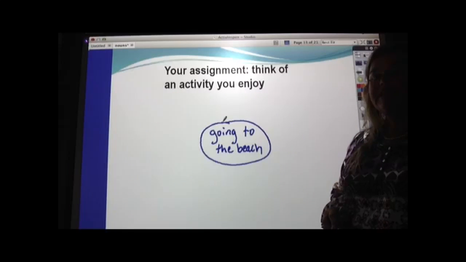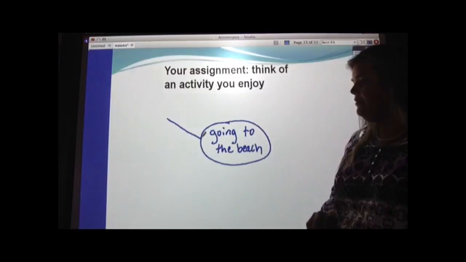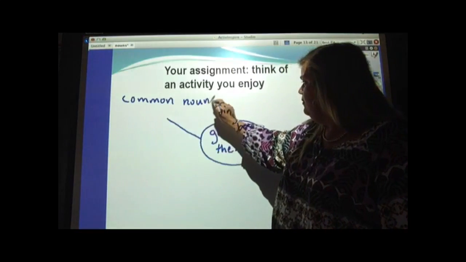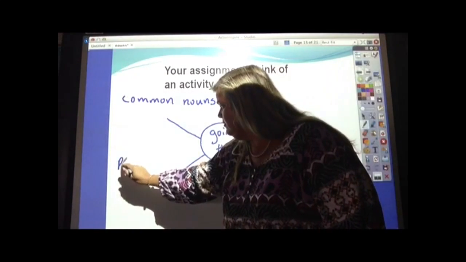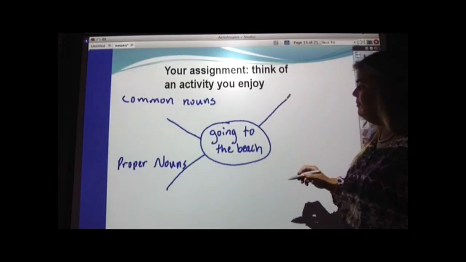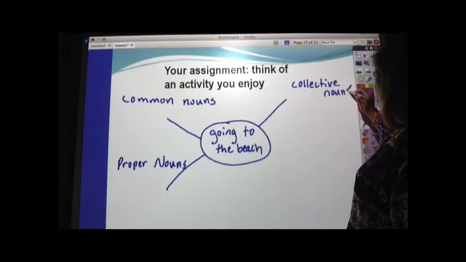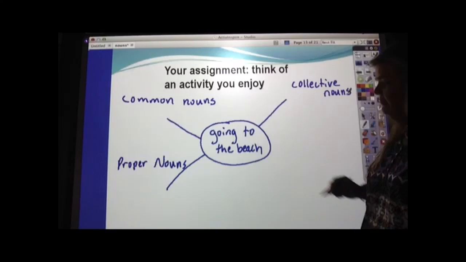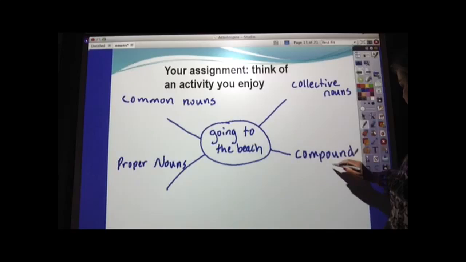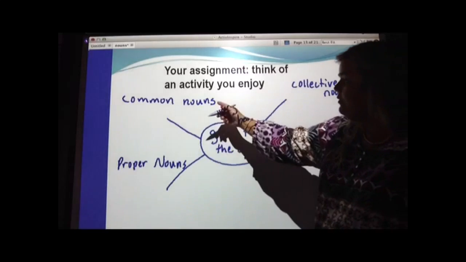Okay. Let's think about nouns that are associated with going to the beach. Over here, I'm going to put some common nouns. Down here, I'm going to put some proper nouns. On this side, I'm going to put some collective nouns. And what's the fourth type of noun that I need? Very good, students. You need some compound nouns. Now what I would like for you to do is try to think of 2 or 3 words that fit